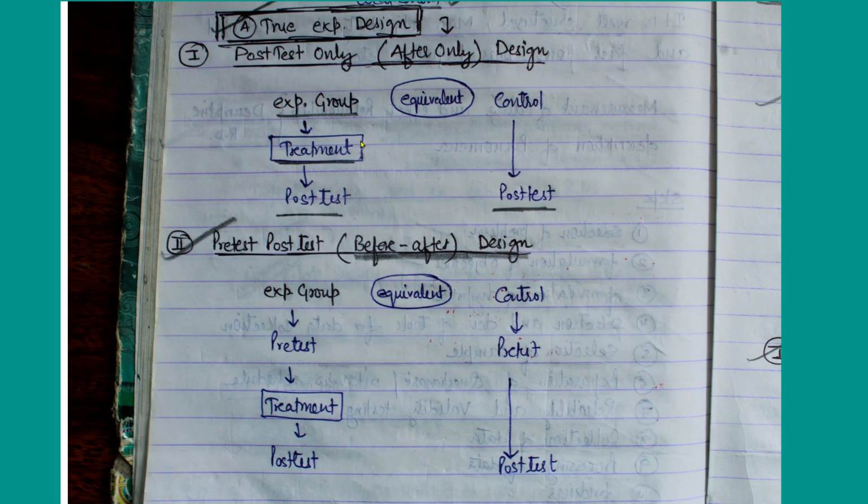Now due to this you can say that yes, the changes are due to my treatment. And this is post test only. Pre-test means before treatment you will give one pre-test also and post test also. Here in control you will give pre-test also, post test also. Treatment you will not give, because this will give your results where your interventions are there, and this will give results where your intervention is not there. So with control, you are nullifying the extraneous variables, you are excluding them, so that you can say that the changes in behavior of farmers or of your audience are due to your experiment only.